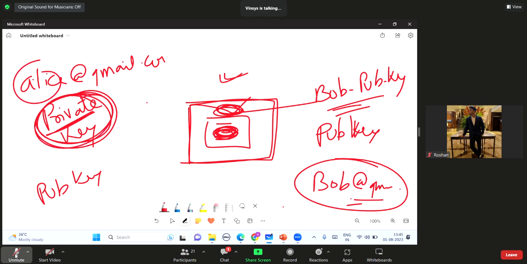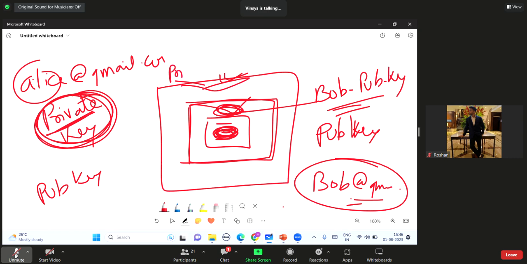So it means that this mail is sent by Alice only. Nobody else than Alice has sent this mail. Why? Because it was locked with Alice's private key, and Alice's private key belongs to Alice only. Now see, it is not going to have that security as well. Let me tell you. We have just seen this envelope can be opened using Alice's public key, and Alice's public key is really public. Not only Bob, other people also know her public key. So that is perfectly fine.